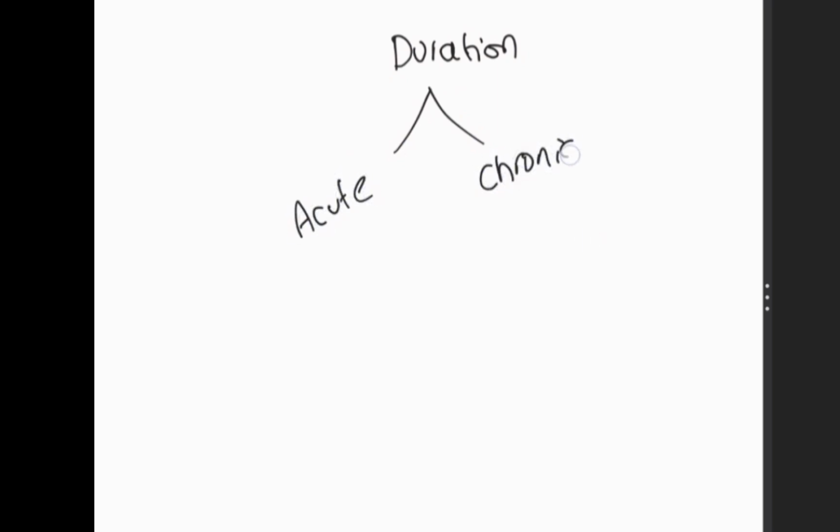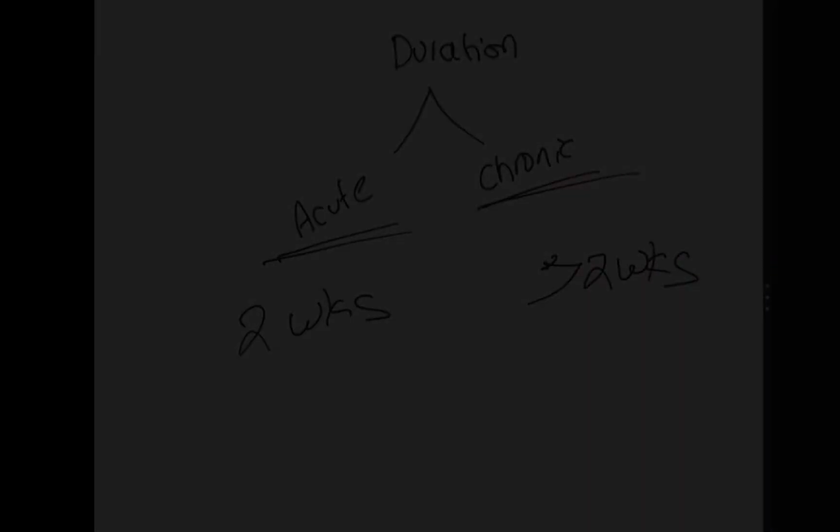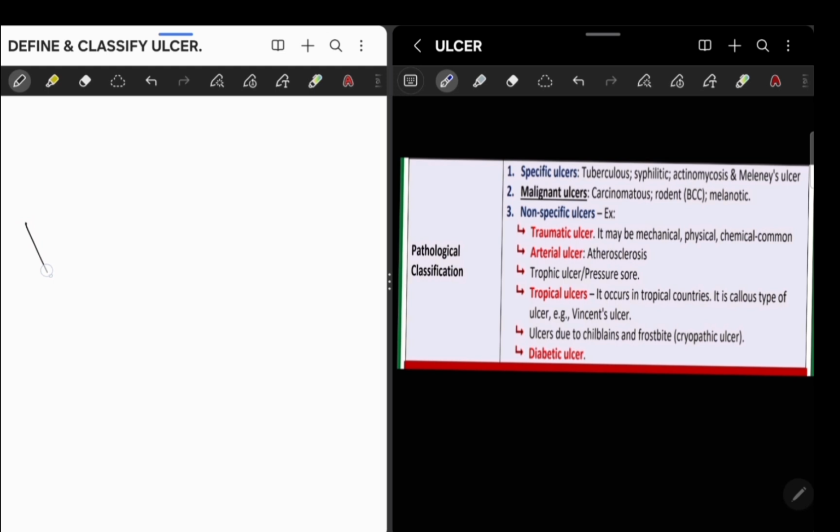Now let us see the classification based on duration. So simply based on duration, it is whether acute ulcer or chronic ulcer. So acute ulcer means it takes less than 2 weeks to heal. What does chronic ulcer mean? Chronic ulcer takes simply more than 2 weeks. That's it, simple. Now let us discuss the final classification,